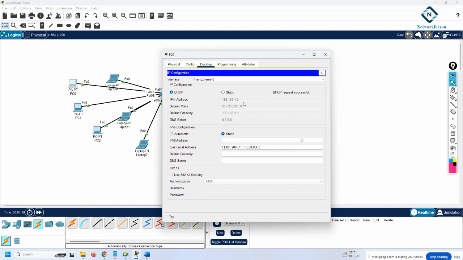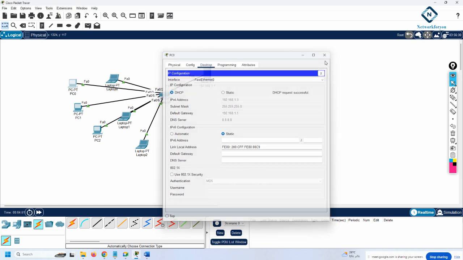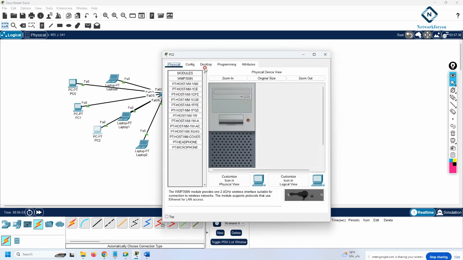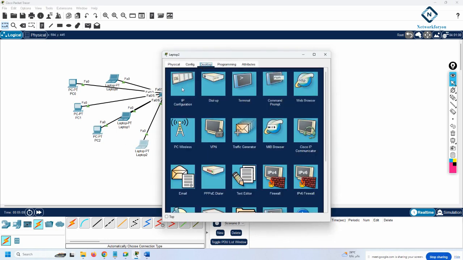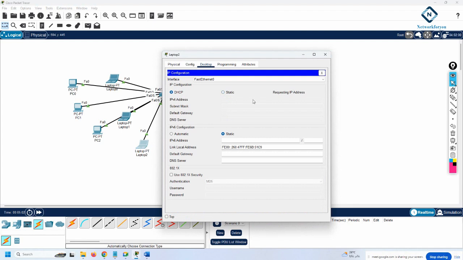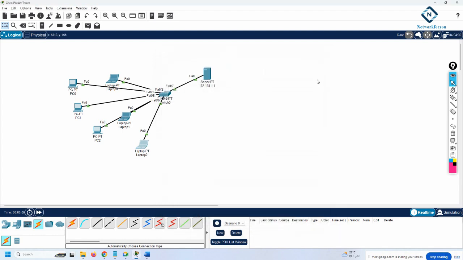192.168.1.3. Anyhow, we will do one lab in EVE-NG or GNS3, so we can capture the packets in Wireshark to check that one, DORA, discover, offer, request packets. So this is the process, and if you go to all the computers, just click here, this one, so you will get the IP. Go to the other computer, click here, they will get the IP. So no need to configure manually, automatically they will get the IP. Okay, so this is a basic lab with the theory about DHCP. So let me